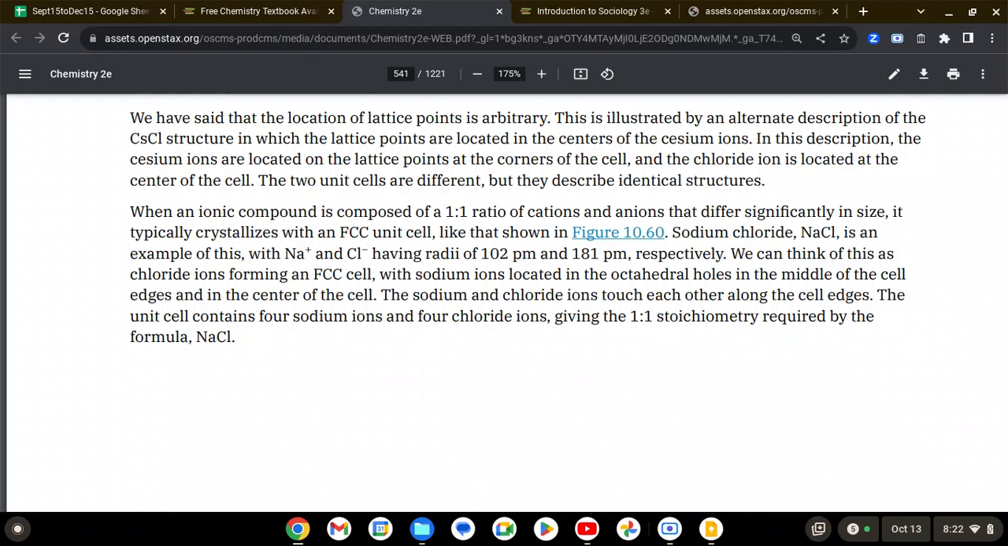You can think of this as chloride ions forming an FCC cell, with sodium ions located in the octahedral holes in the middle of the cell edges and in the center of the cell. The sodium and chloride ions touch each other all along the cell edges. The unit cell contains 4 sodium ions and 4 chloride ions, giving the 1 to 1 stoichiometry required by the